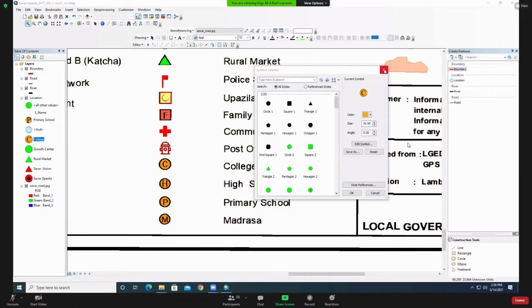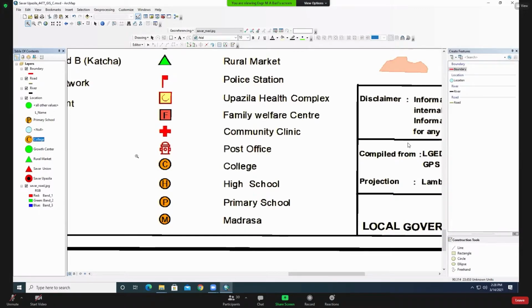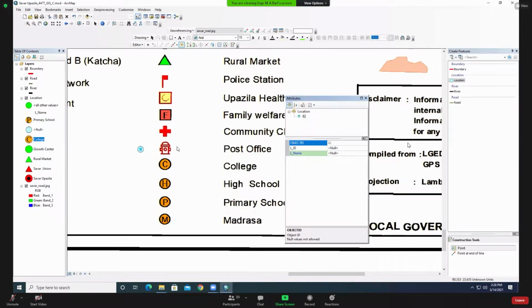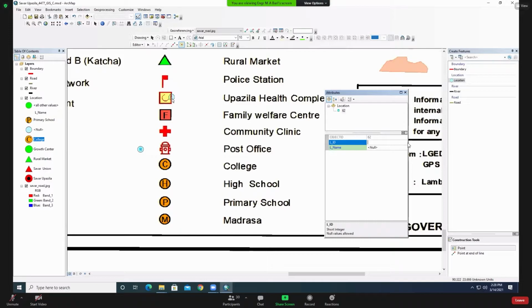Okay? Suppose, for example, I just put it in this area. For your better understanding, I just give this area a point. Okay? Started it and give this area a location point. So look at this thing. Okay? And then go to the attributes. Today I will give you this task to make it. After I give the location, I just put the value. Suppose 1, 2, 3, 4, 5, 6, 7. 7 is post office.